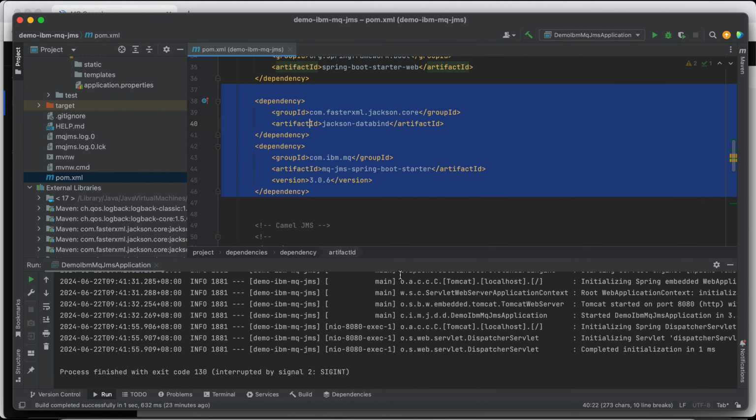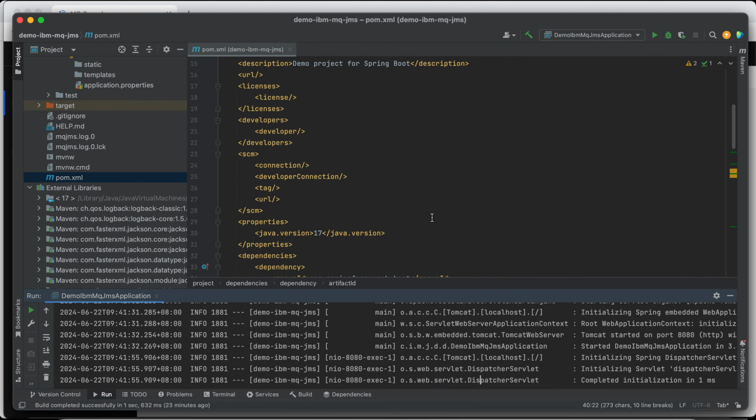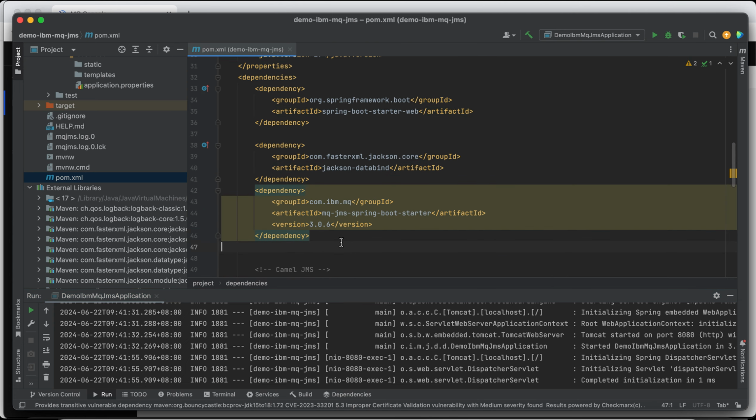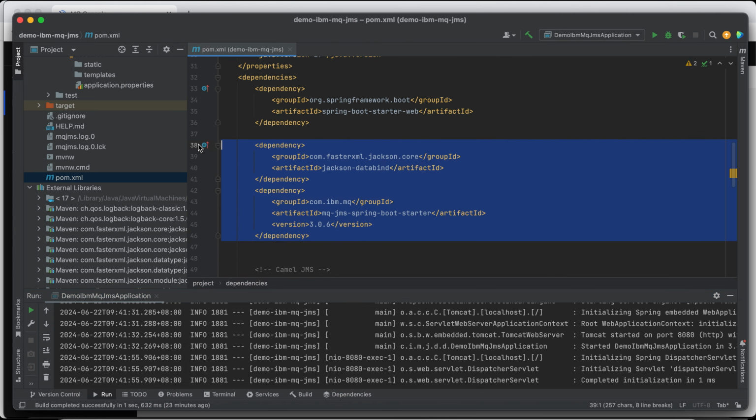First, let me add the required dependency. For IBM MQ, if you watch my previous video, we added this dependency. These two dependencies are required for IBM MQ: Jackson Data Bind and MQJMS Spring Boot Starter.